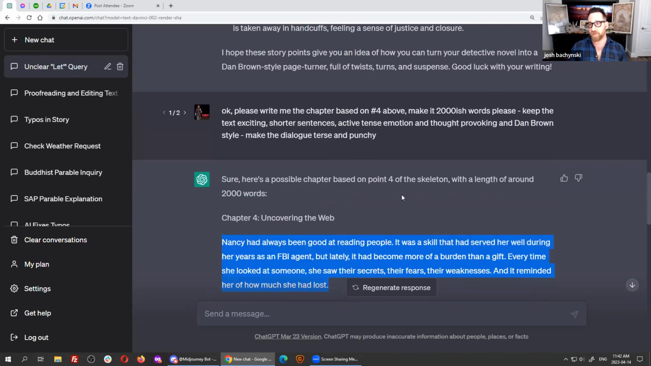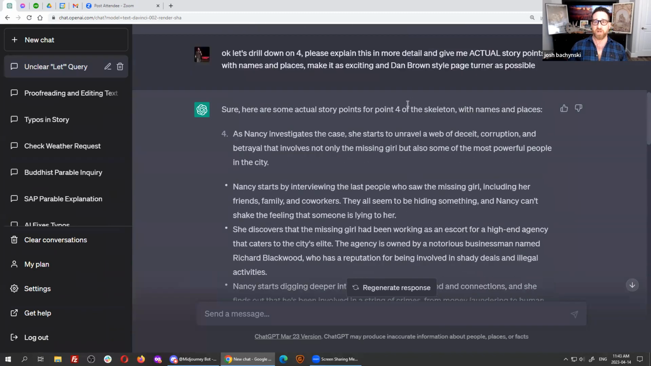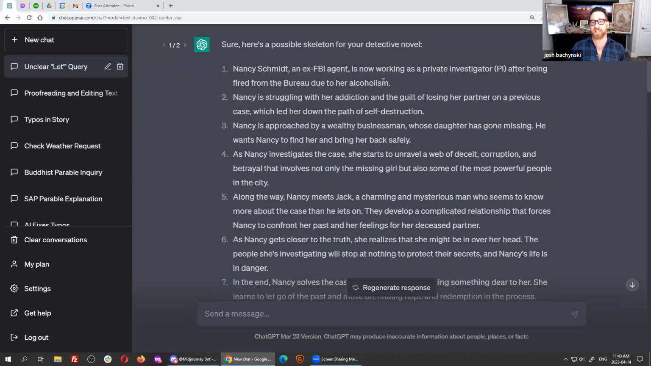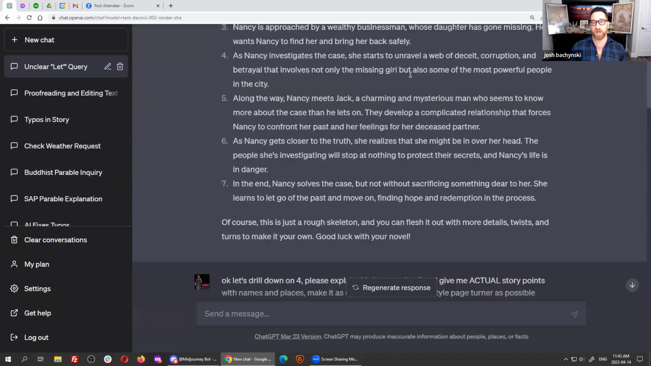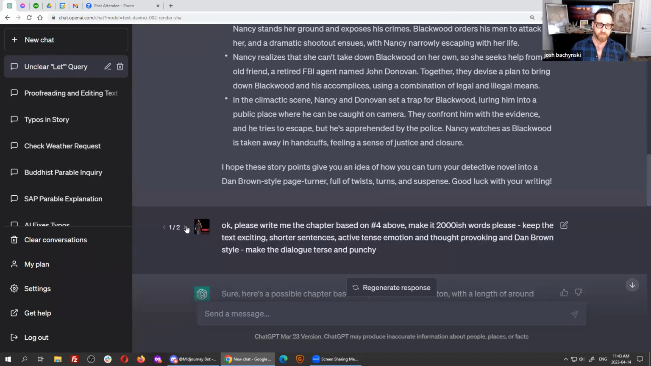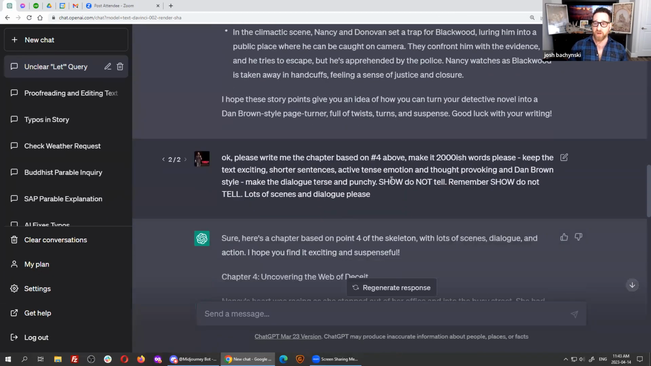GPT-4 would have done a better job than GPT-3.5, quite frankly. And sadly, once you start, you can't change the model. That's the other thing that annoys me. I wish I could generate the easy stuff in this and then go to 4 for when it gets down to the hard stuff of writing, is what I wished. So yeah, and then also